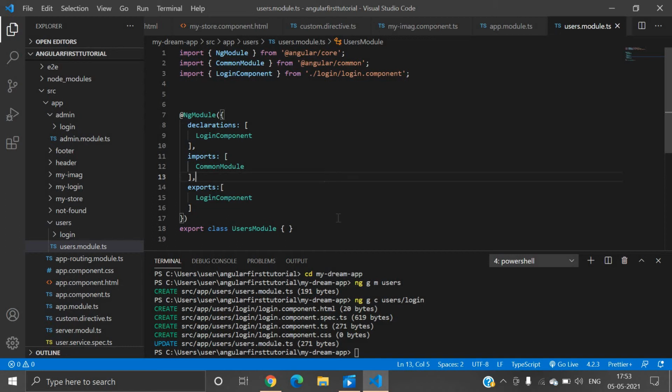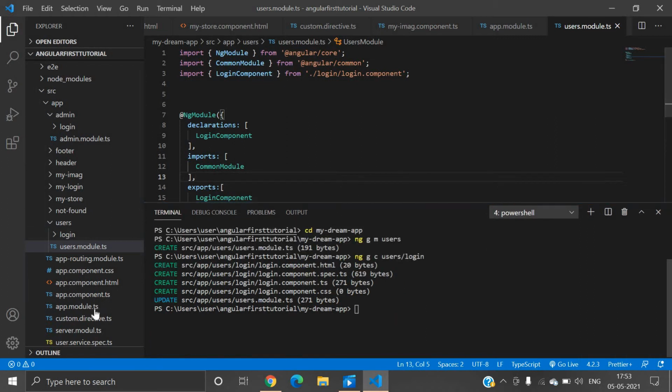Now the second step is that we have to import this module inside the root module app.module.ts.